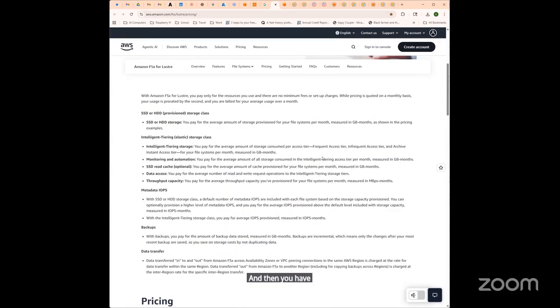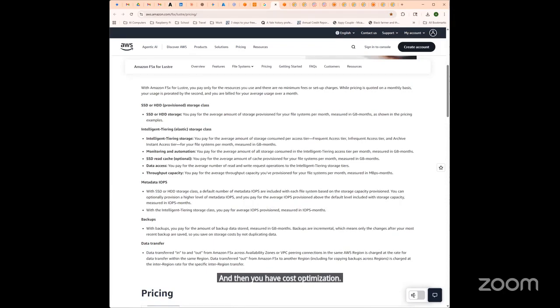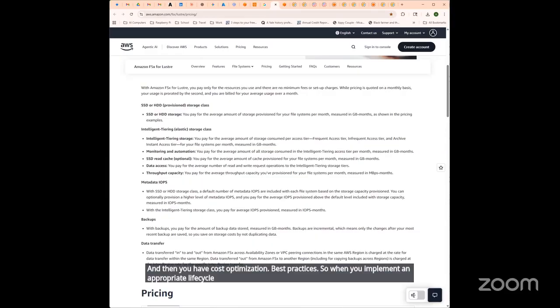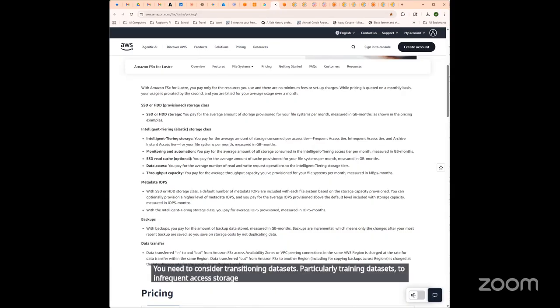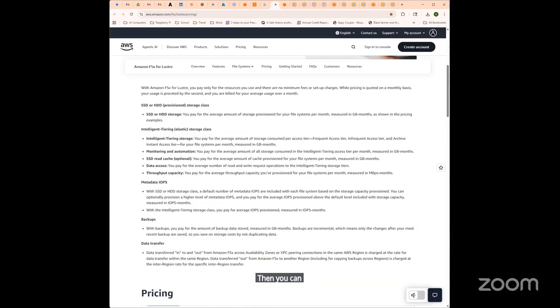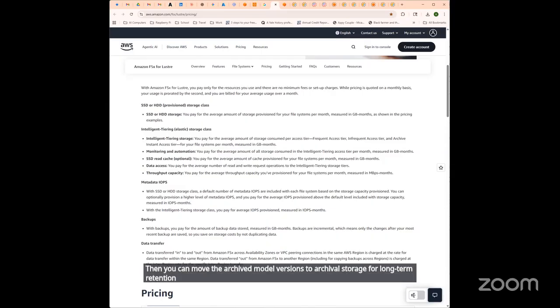And then you have cost optimization best practices. So when you implement an appropriate lifecycle policy, this can dramatically reduce your storage costs for machine learning workloads. You need to consider transitioning data sets, particularly training data sets, to infrequent access storage after model training is completed. Then you can move the archive model versions to archival storage for long-term retention, and you could use one zone storage for development and testing environments where high